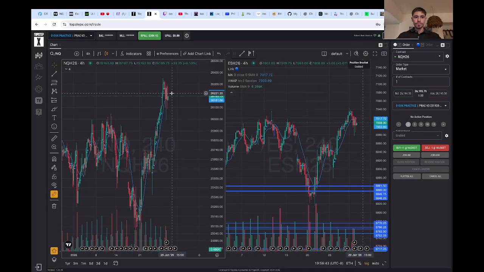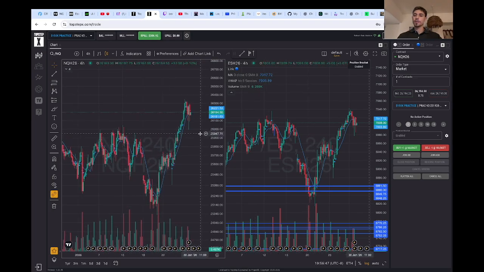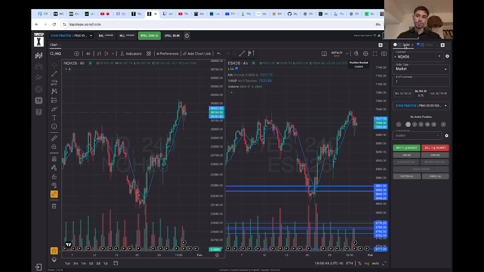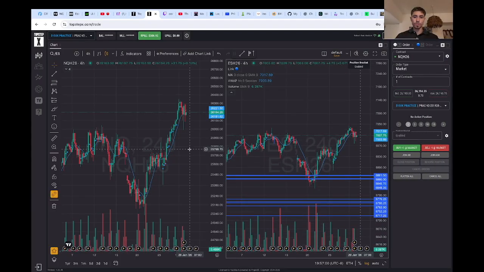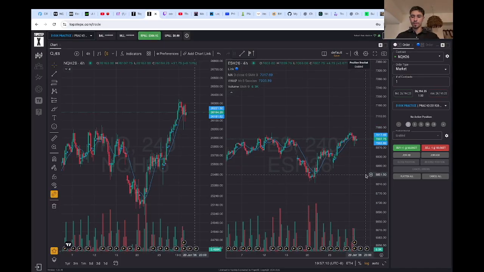Okay, so my left chart is NQ. If I want to enter a trade on NQ, I have to make sure that I'm on this order. If I want to enter a trade on ES, I have to make sure that I'm trading the ES contract over here, okay? And so that is pretty much what the chart link is, the difference between the orders, and kind of my layout here. You could have your own personal layout however you like. This is my personal layout right here, okay?